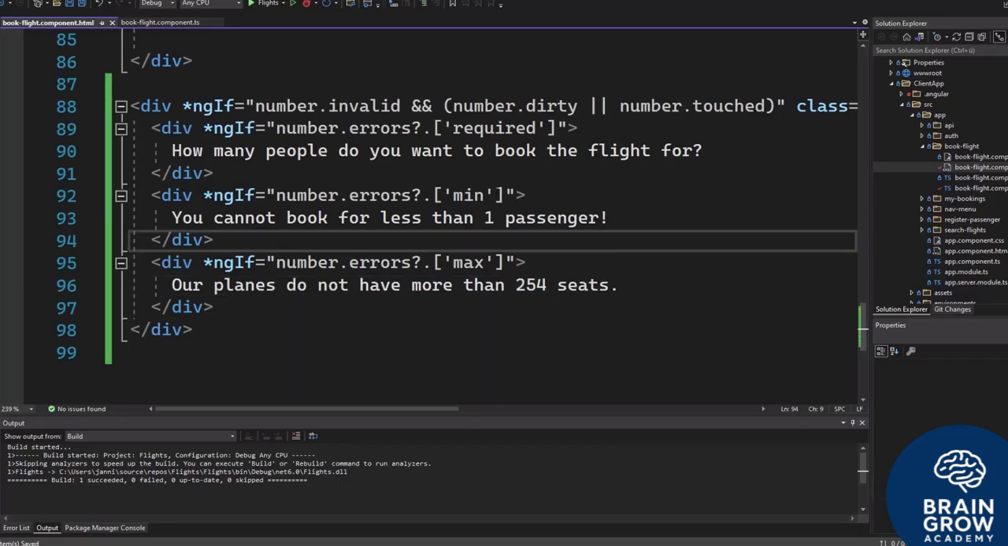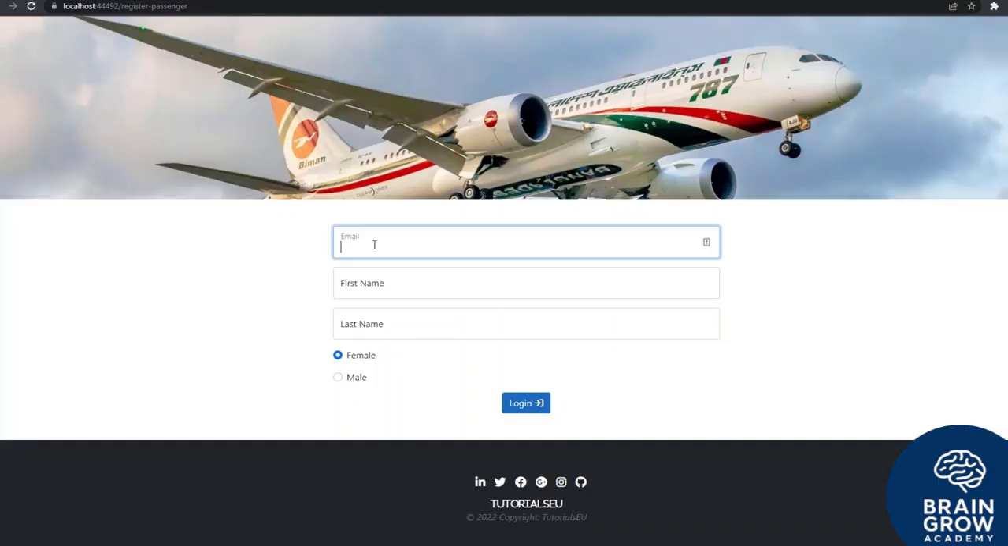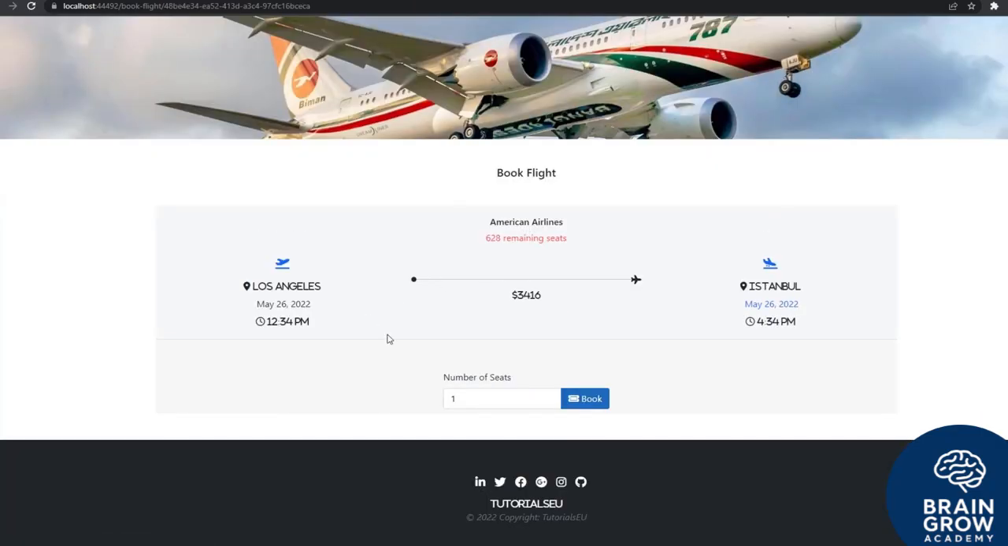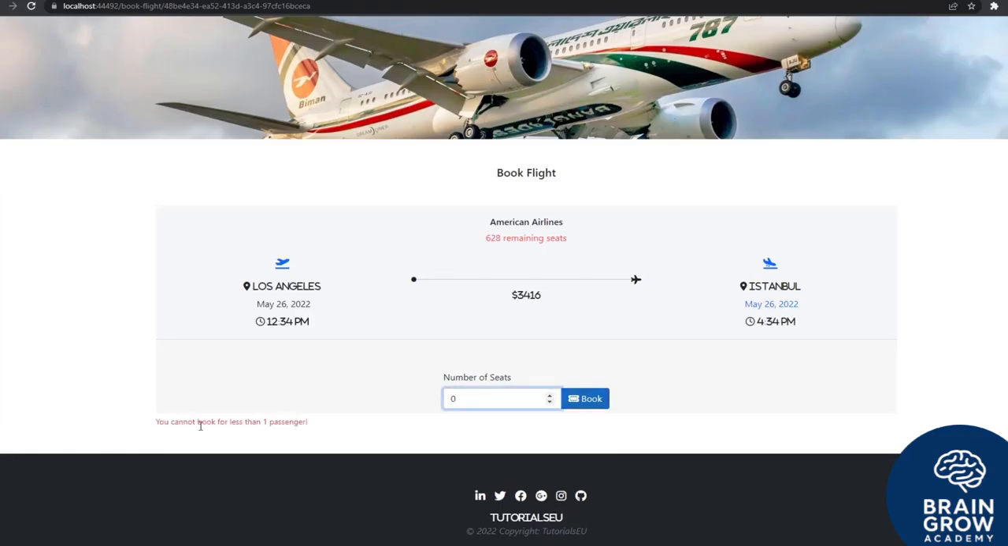Okay, let's save it and take a look again at the application. Let me log in real quick, yannick@dev.com. And there we go. Let's search a flight. Let's book a flight. And we got 1. Amazing. Going down to 0. You cannot book for less than 1 passenger. Well, we can actually for sure fix that typo here. And again, 255. Our planes do not have more than